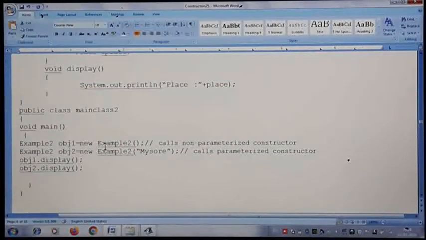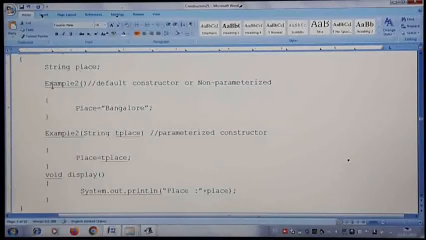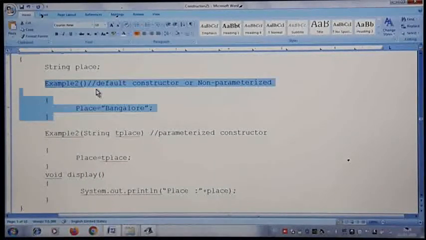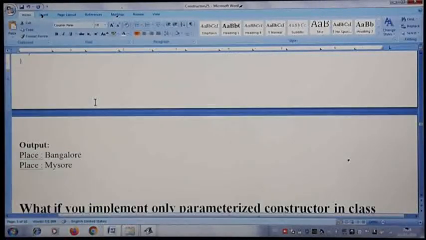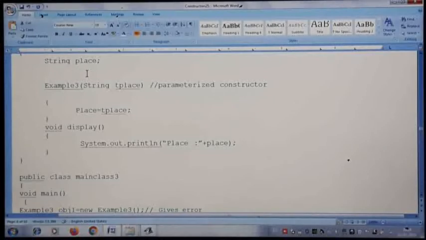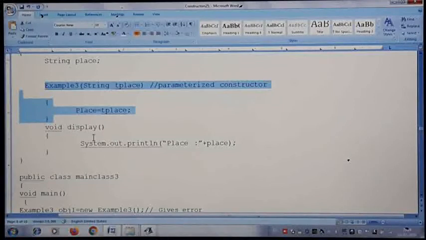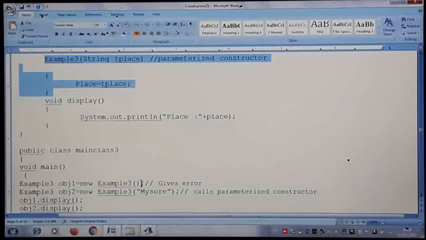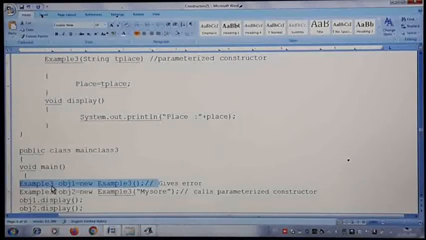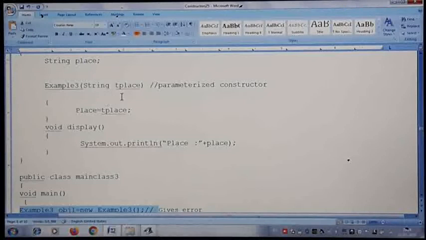Like in the previous example, this command worked fine because we had one default constructor, there was a match, so it went and called this default constructor. But in the third example, we don't have a default constructor. What we have is only one parameterized constructor, so there is no constructor matching this. As I told you, when you write a constructor, the compiler will not supply any constructor to your program. So we have written only one constructor, which is a parameterized one.